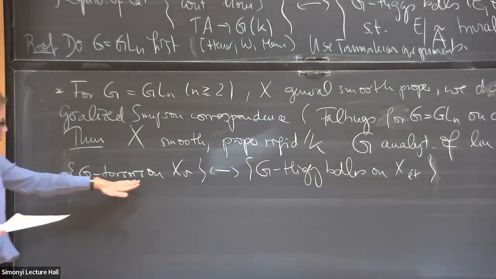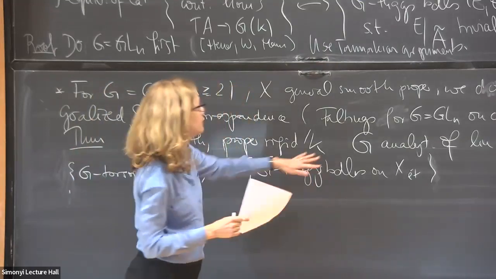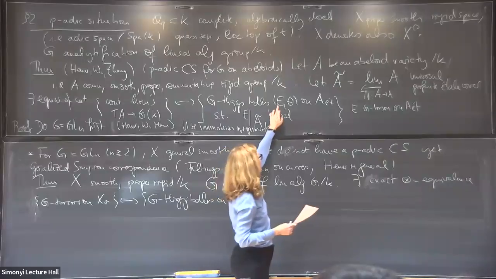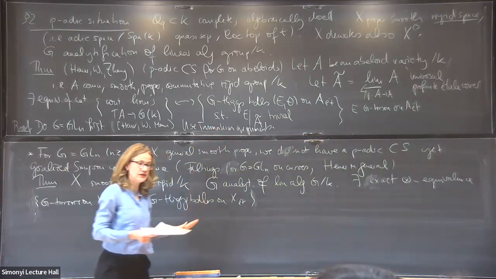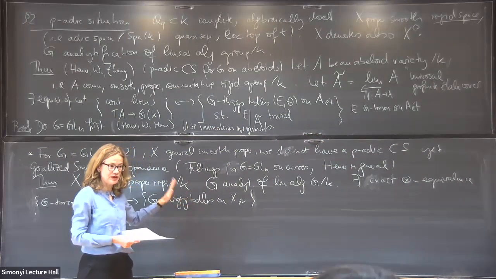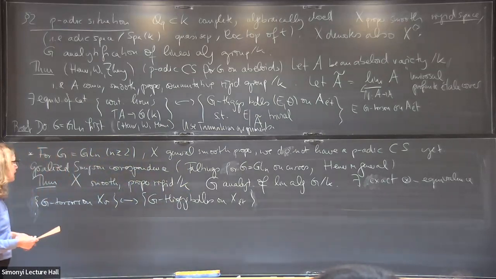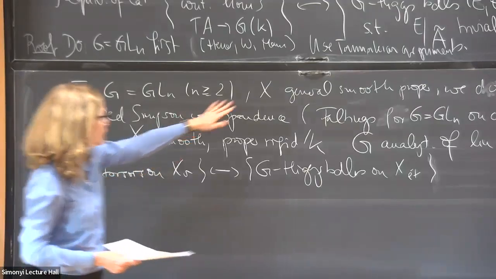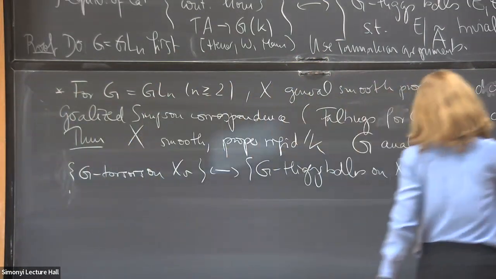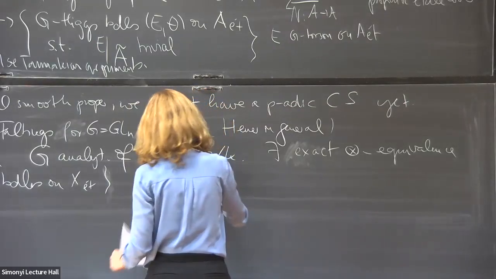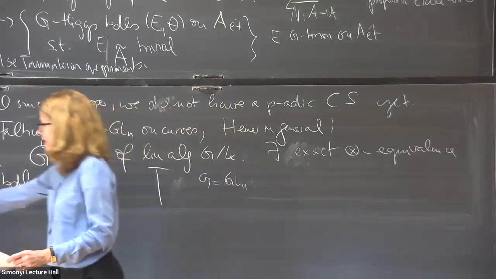So this is just Torsors under G for a much more general topology. And this is the category of G-Torsors on the étale side over A, together with the Higgs field, no condition. So no pullback condition, no semi-stability, nothing, all these bundles. And of course, here the category is much more general, there the category is much more general. Why generalized Simpson? Well, you can prove for G equal to GLn, one can show that the left-hand side